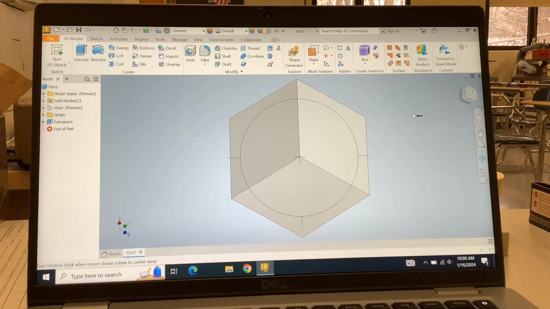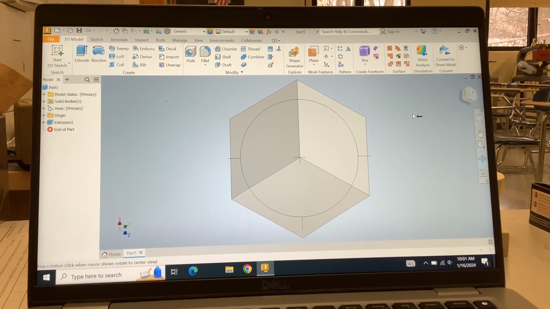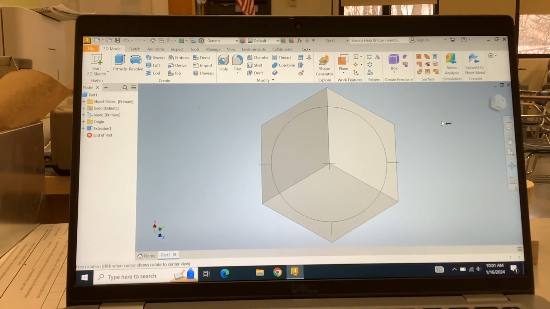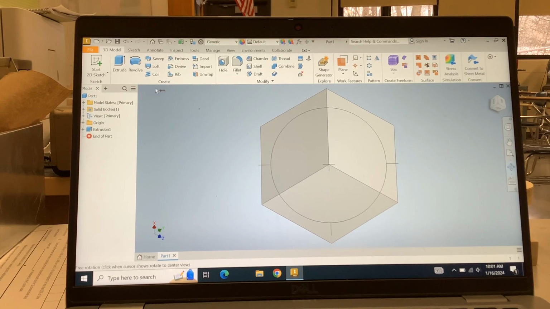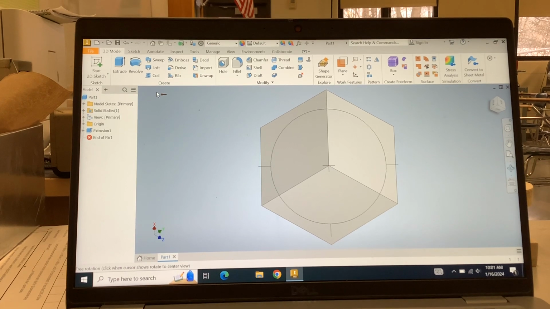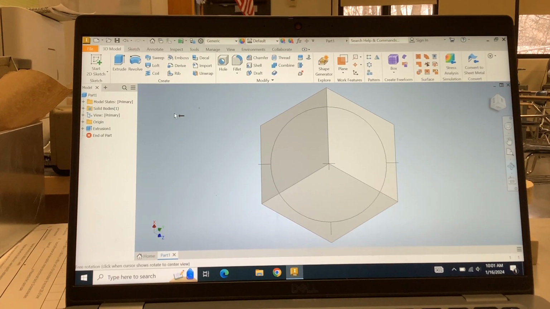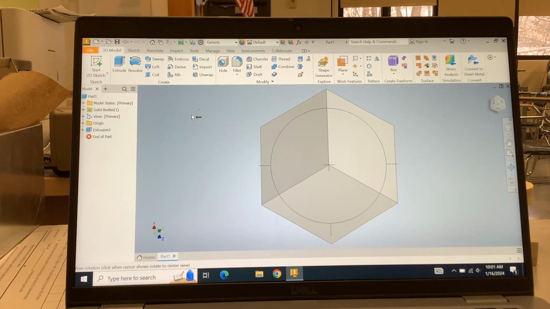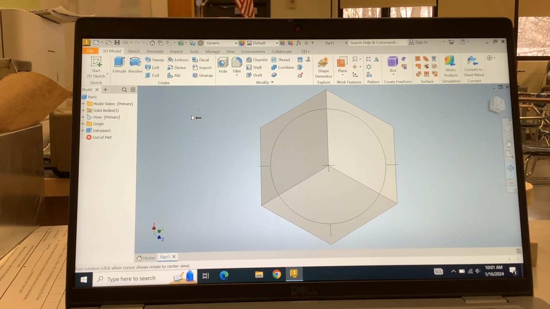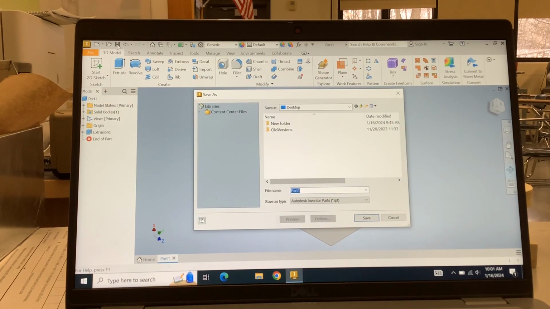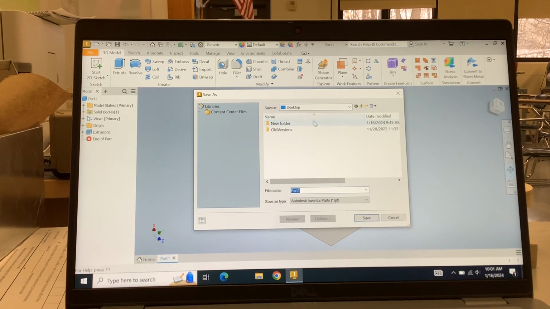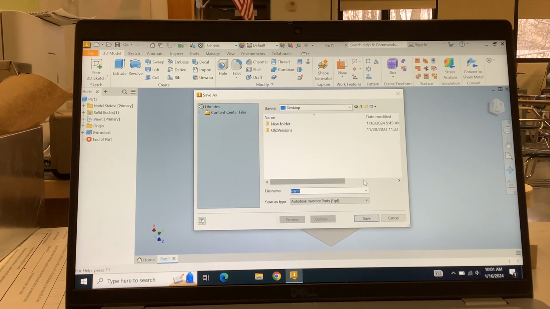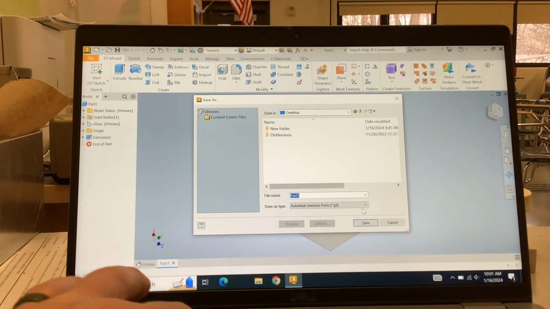So now I am going to save my project. In the upper left-hand corner, there's this black square with a couple little white rectangles in it. That's supposed to look like a floppy disk. You guys don't know what floppy disks are, but that's how us old people used to save stuff. So now you can click on this disk. That's save as. I'm going to save it as DICE,